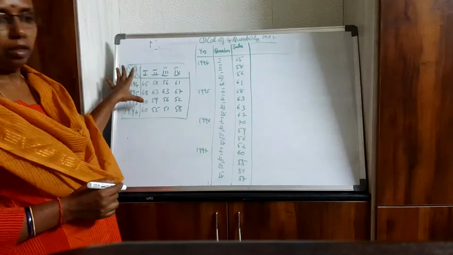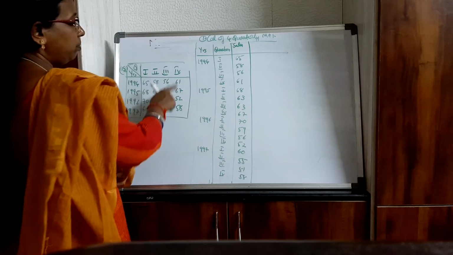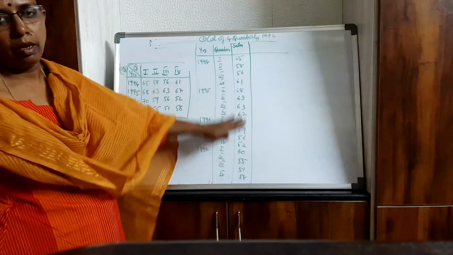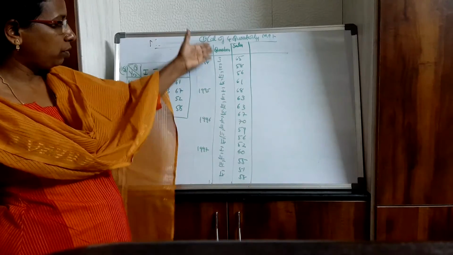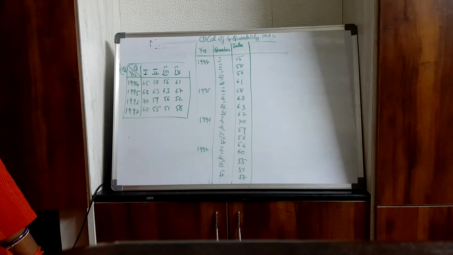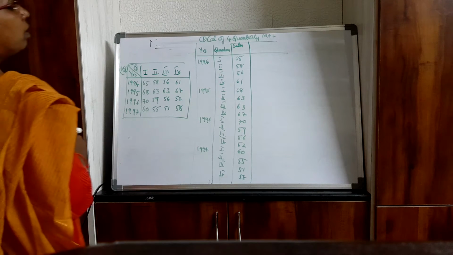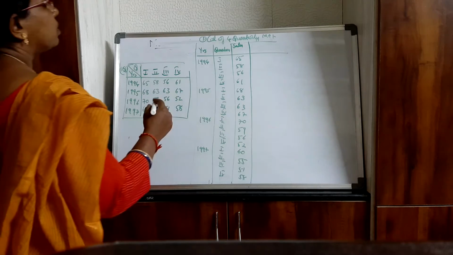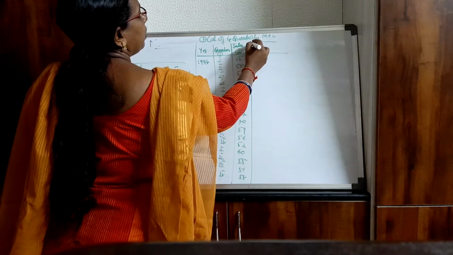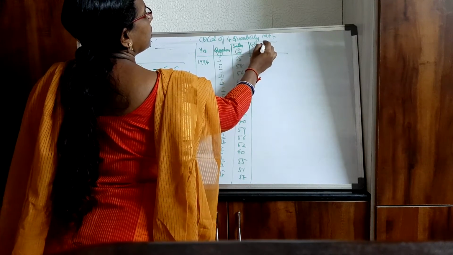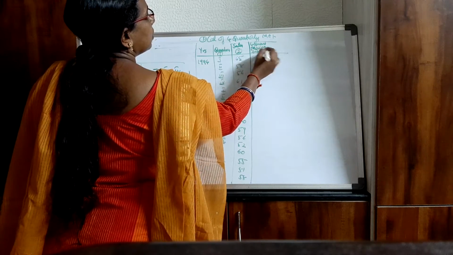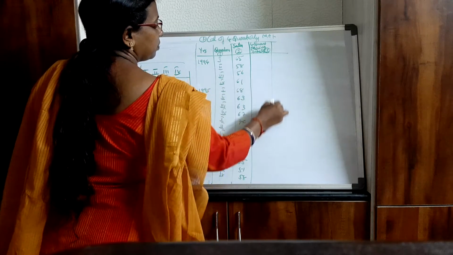So here the problem was given to you in a table form. Now I have rearranged this data in a vertical form. For 94 I have written it vertically, 95 vertically, like this. Now it will be easy for you to calculate the moving averages. This I'll write as the first column, this one is the second column. Now we will find 4 quarterly moving totals. First we will find 4 quarterly moving totals. I'll denote this as column 3.